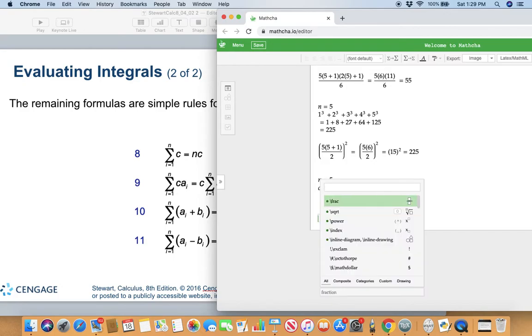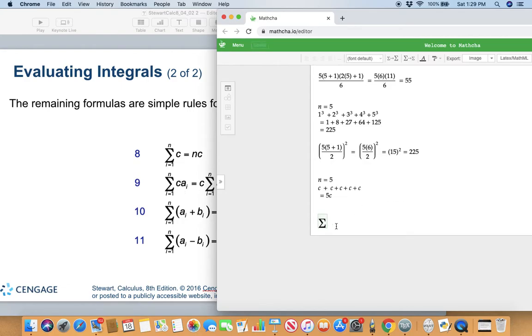So summation c a sub i means what? c a1 plus c a2 plus c a3 plus and so on,